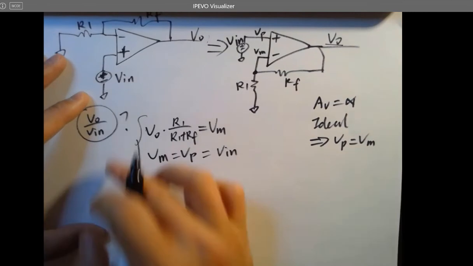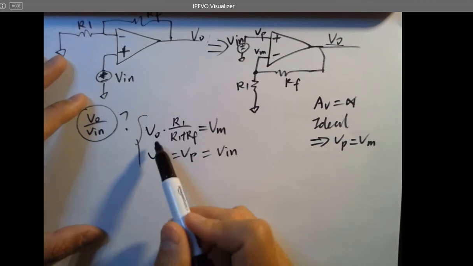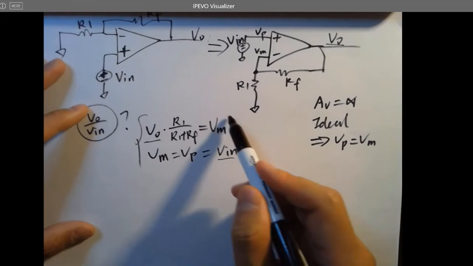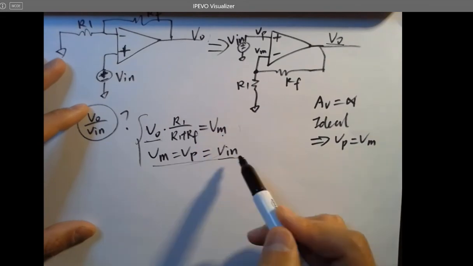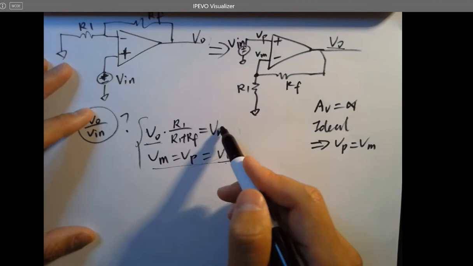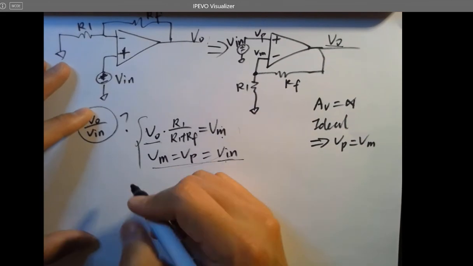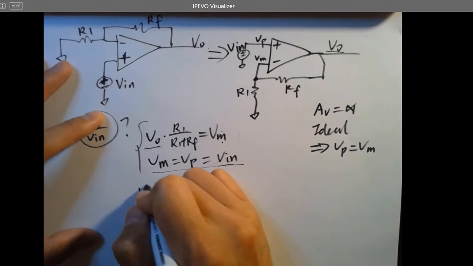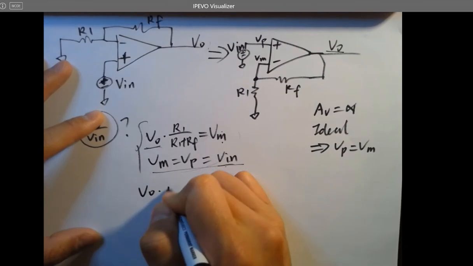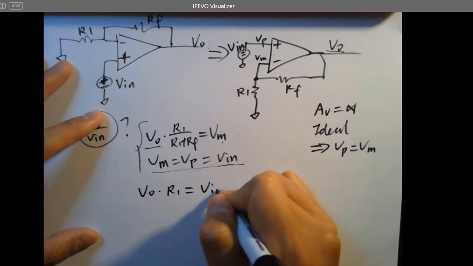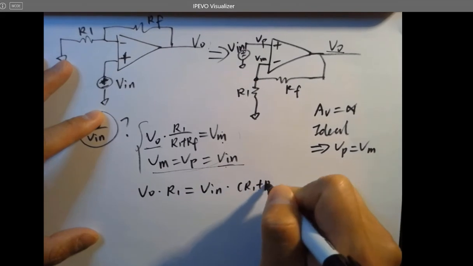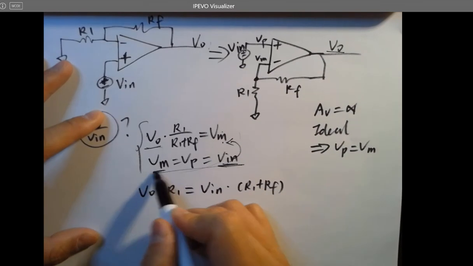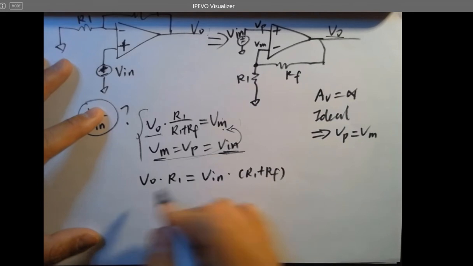All right, so you can pretty easily find a relationship between VO and V in. Because this entire thing is VM and this is also VM, you can just put V in here. So what you're getting is VO times R1 equals V in times R1 plus RF. Right, just substitute V in over here, because this V in equals VM. And then you move